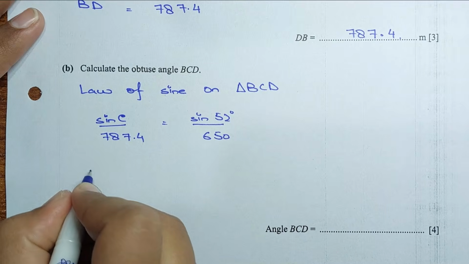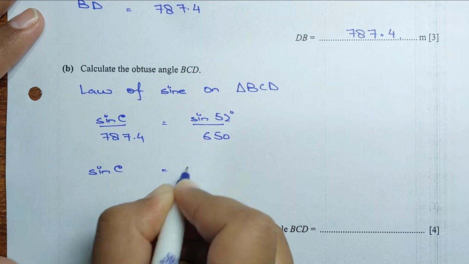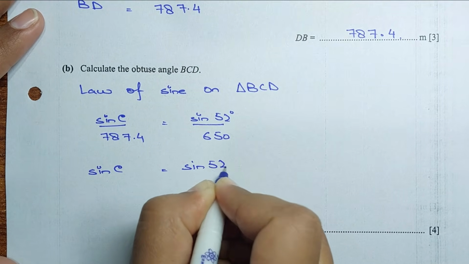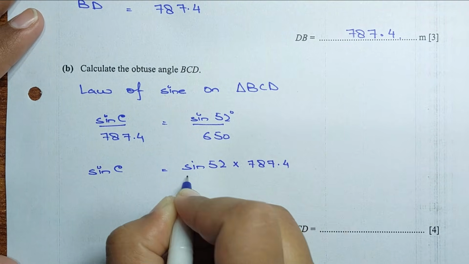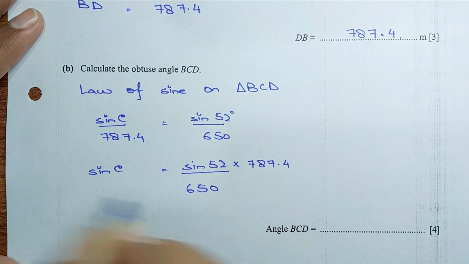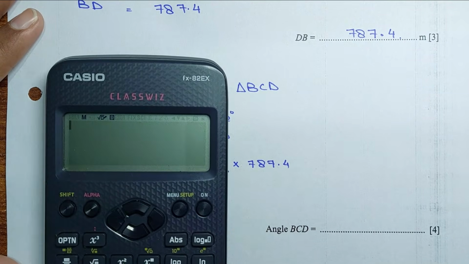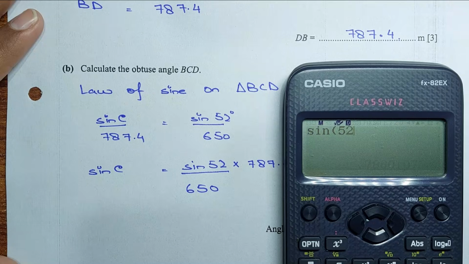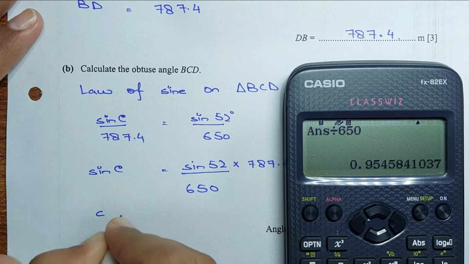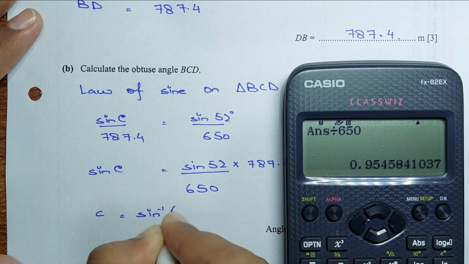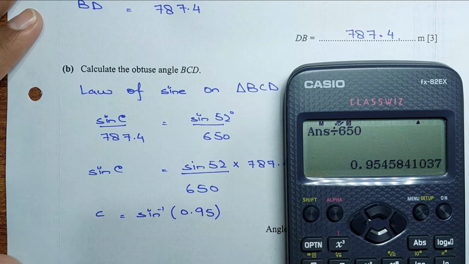So let me solve for sine C, which is equal to sine of 52 degrees times 787.4 and divide by 650. Again in degrees. So C would be equal to sine inverse of 0.95. Sine inverse of answer, this is angle C, which is equal to 72.66